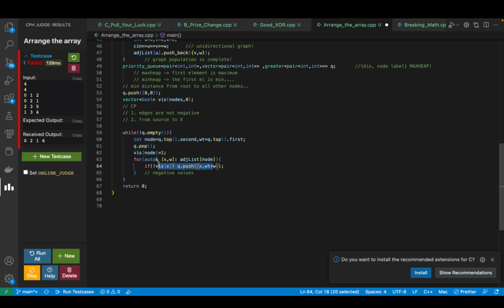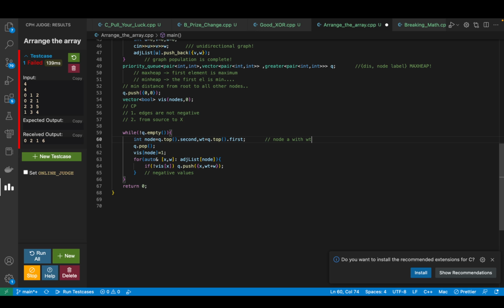Now, how does this matter? In case a node is visited, and there are no negative edges as well, so if your node was visited and it's a priority queue or a set or some data structure which has the smallest element first, that means your lowest weight has already been processed. So if let's say you processed a node A with weight, so by weight I mean this particular value,